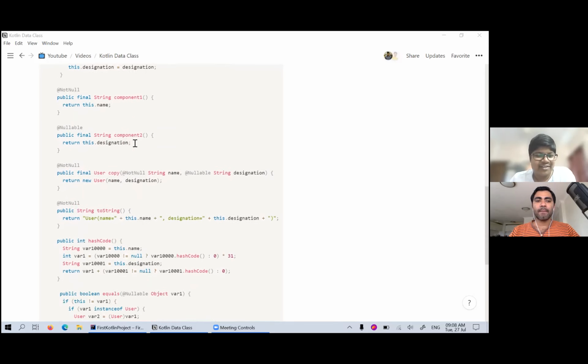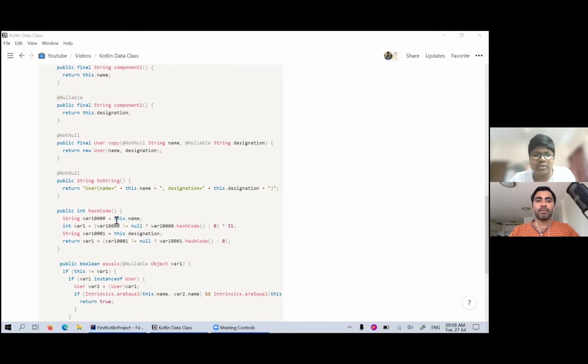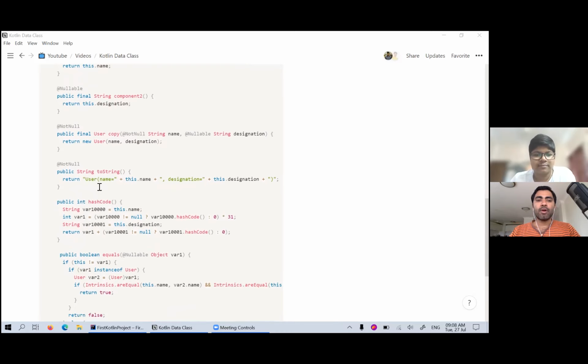So coming to this copy, hashCode and equals, do you have any thoughts on that? And toString also here. Yeah, starting with toString, whenever you want to print using System.out, if you don't specify this toString method, it will just print some gibberish, like the address of that particular object.